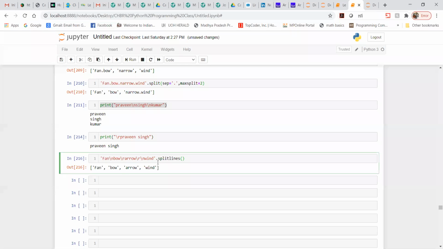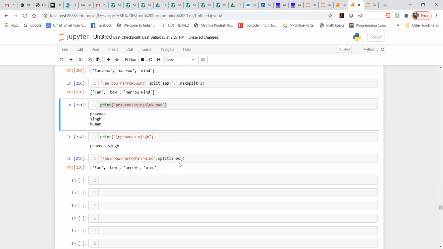I have performed splitlines and it does the split, but I have specified backslash n here. Why are we not able to see everything in the next line? Why did I specify backslash n here also? Earlier we used to get this on the next line, as you can see. Now why are we not getting that?